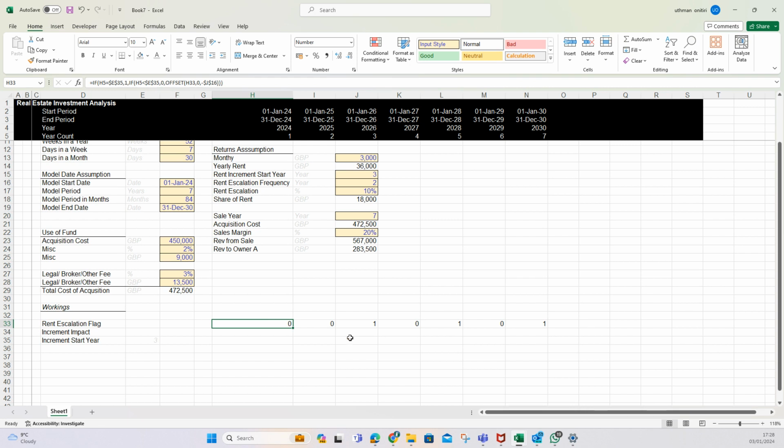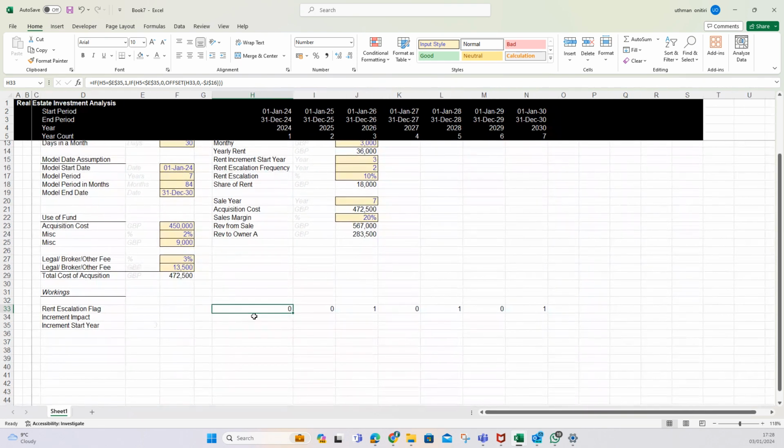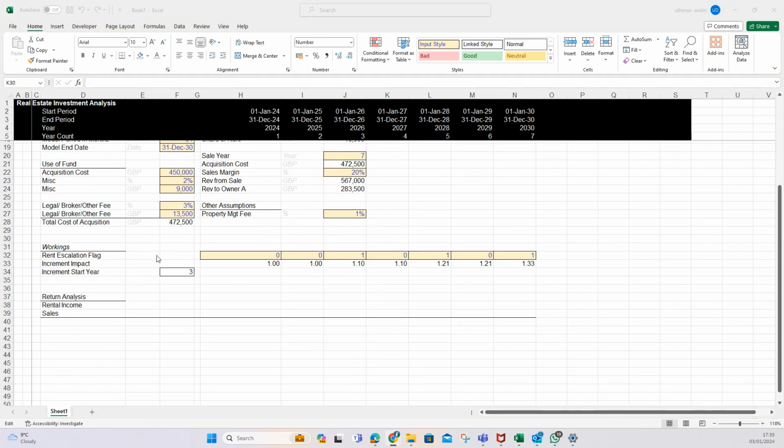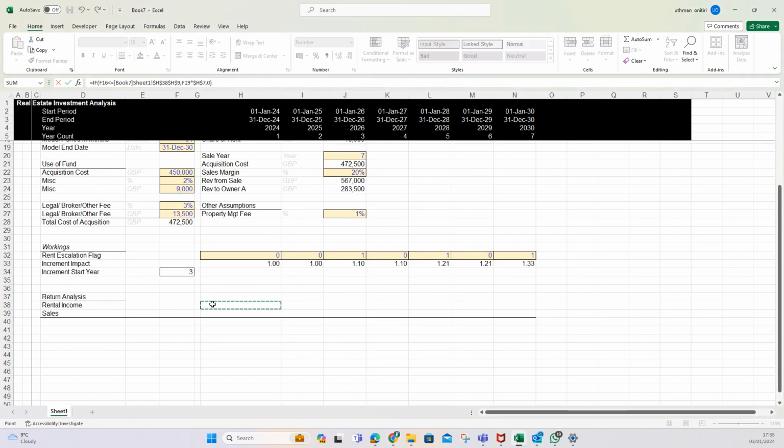So the next would then be to write out my rent increment impact. But before then, we can make this an input cell. So how do we calculate our rental income? Recall, guys, that at some point we are going to be selling the property. So we only collect rent when we haven't sold the property. What that means is we need to write a formula to capture that. So we do IF the year